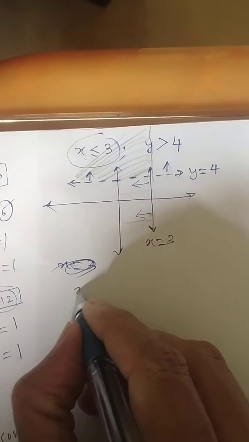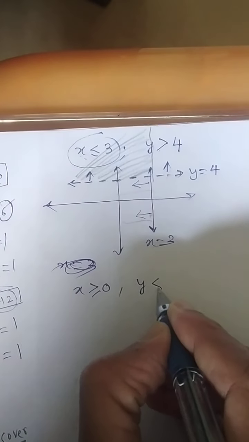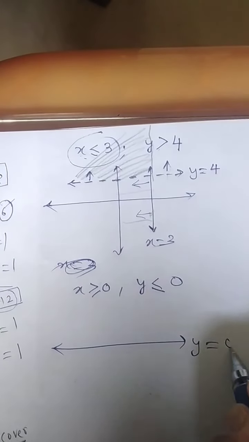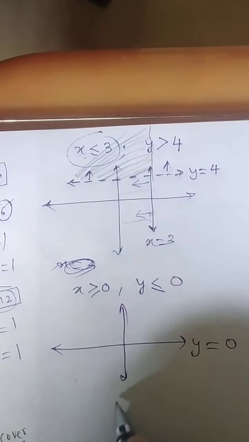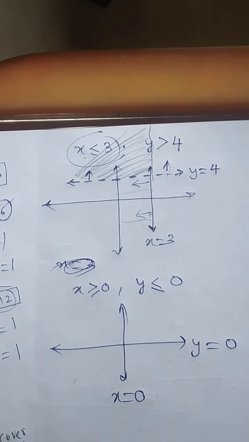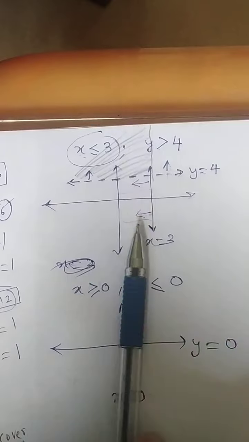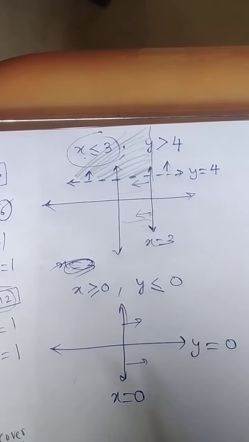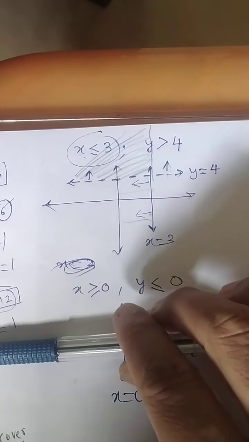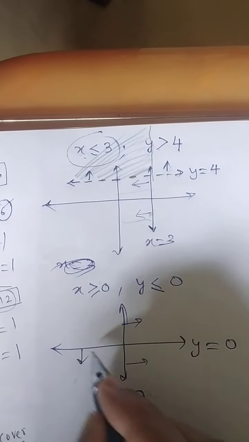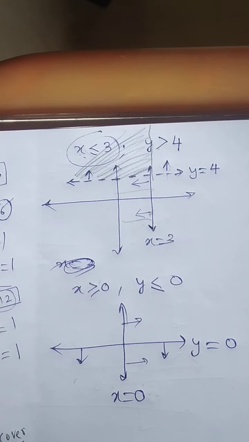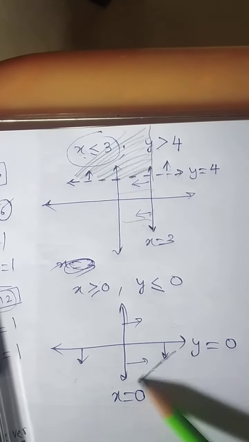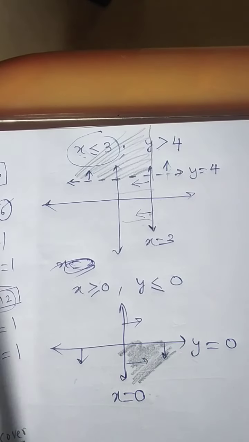Okay. Sometimes it is given x is greater than 0 and y is less than or equal to 0. Now, this line itself will be nothing but y will be equal to 0. This line itself is nothing but x is equal to 0. So there is no need of plotting anything more. Now x is greater than 0 means I have to move on the right side. And y is less than 0. This is y will be equal to 0. Y is less than 0 means downside. What is the portion which is on the right side of this one and down of this side? That means where the two arrows are coming, this will be the solution.